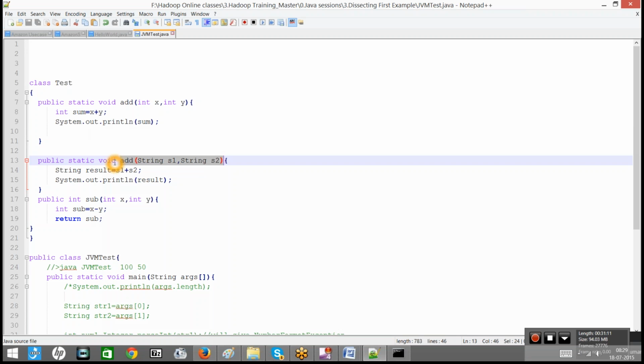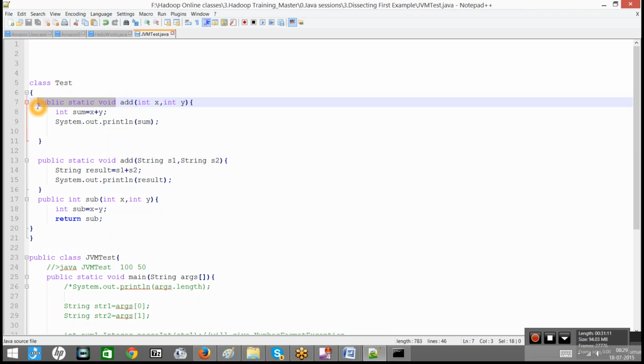You ignore all these other things. We'll go in detail when we discuss overloading, so this is not the right time to talk about everything in detail. Now here I have three methods, but two add methods. One expects two integers, another two strings. And since both the methods are static, I can directly go ahead and call